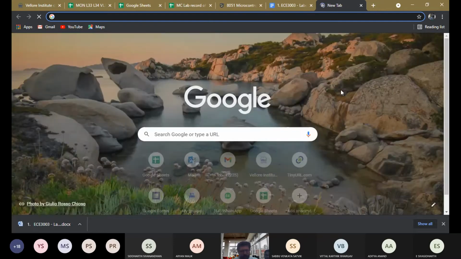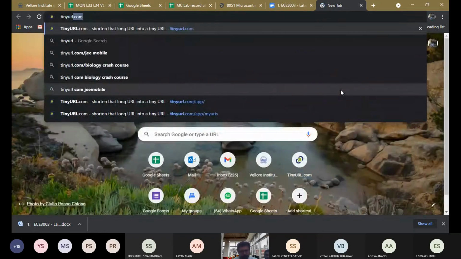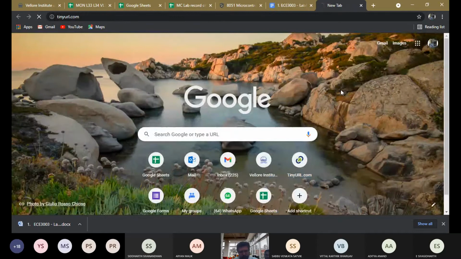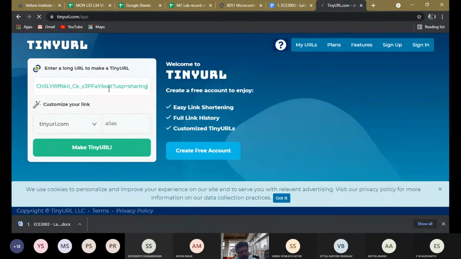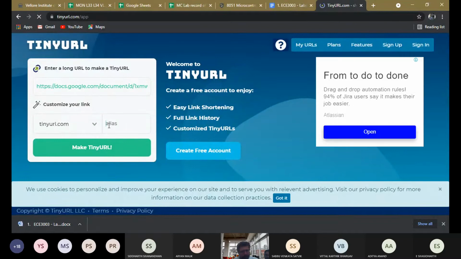Plus, you go to tinyurl.com. Give a simple alias name, like what I am sharing: Task 1, MC Lab, Task 1, your registration number.